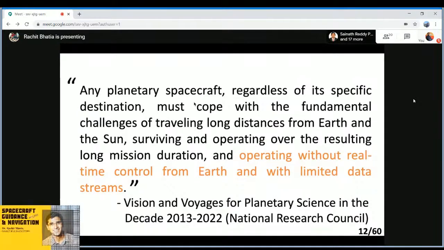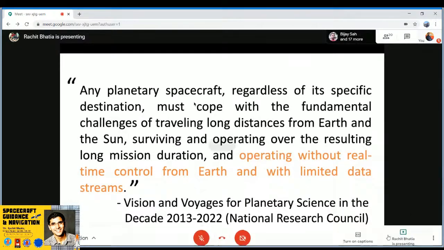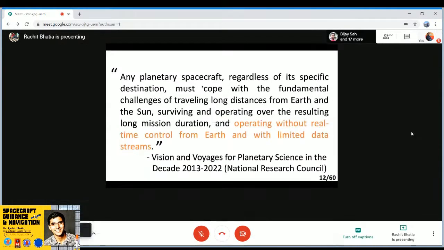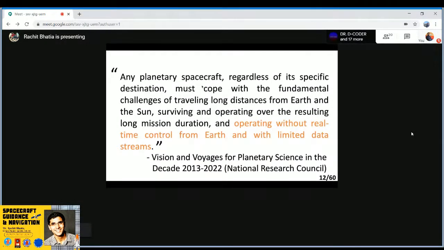And this will not only help us increase the reliability of the system. Say if you have sent a mission to the Moon, then you cannot contact the mission when it is on the backside of the Moon. It is not able to contact the Earth unless and until there is a relay system. So you need such a system, especially if it is a manned mission, if there's a crew on board, so as to make sure that everyone stays safe in case something happens. So this is a very critical problem, and